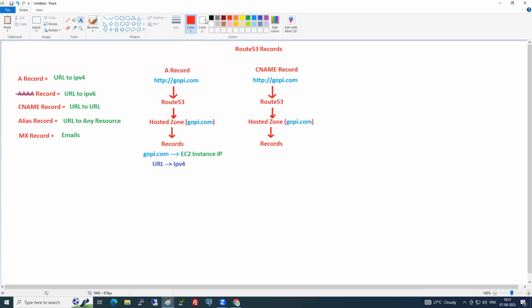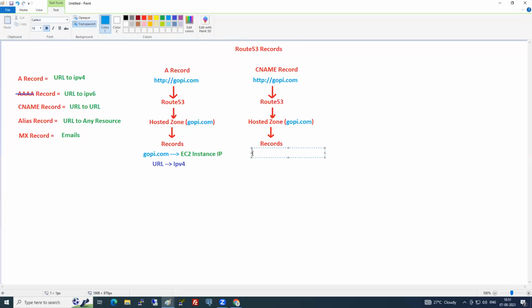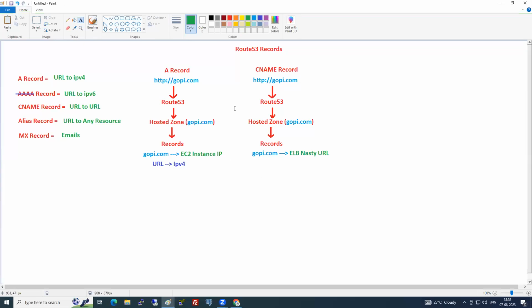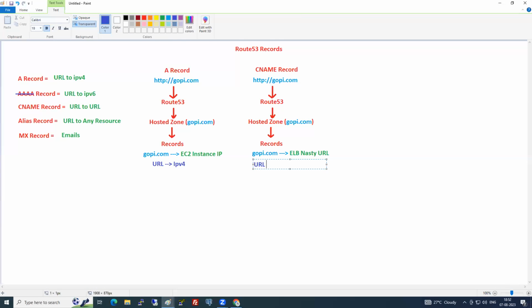Now if gopi.com should be redirected to the ELB DNS URL, this is URL to URL. So if you want to do it like this, which record should you use? CNAME record, which is URL to URL.